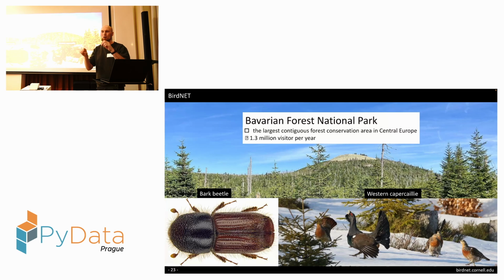So they select these open forest areas to breed, and it's incredibly hard to predict where they're going to breed because there's more open habitats than there are capercaillies. And since these birds are so easily disturbed, and you think about 1.3 million visitors, you need a way to know where they're going to breed to close off trails so that you can steer the visitors away from